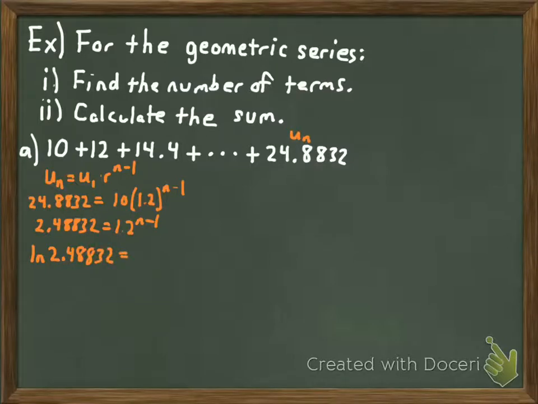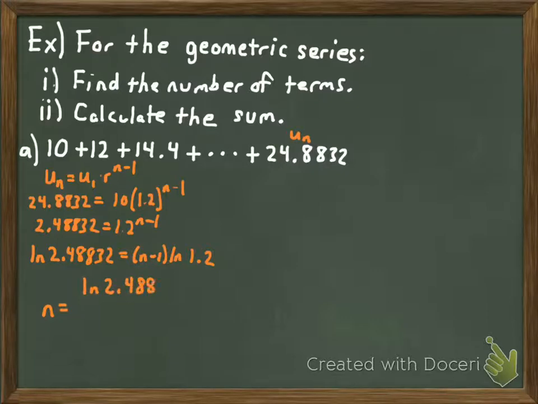And I'm going to go ahead and also use the power property when I do this. I'm going to bring the exponent and make it a coefficient for the logarithm. All right, and just a couple more steps to get n by itself. We're going to divide both sides by the natural log of 1.2, and then we're going to have to add 1. And so that'll end up giving us that n is equal to the natural log,